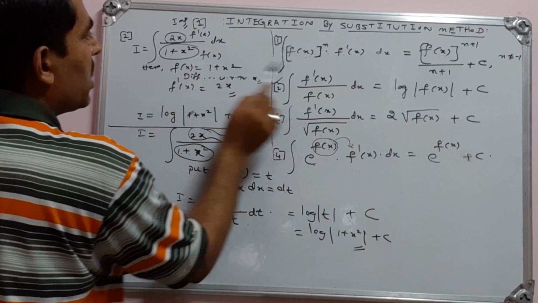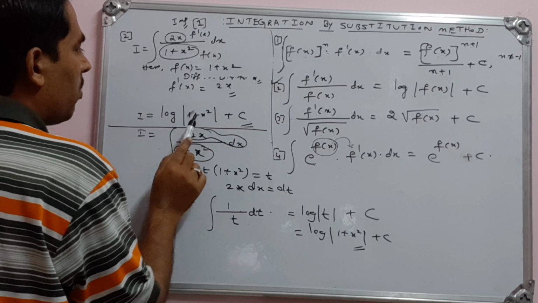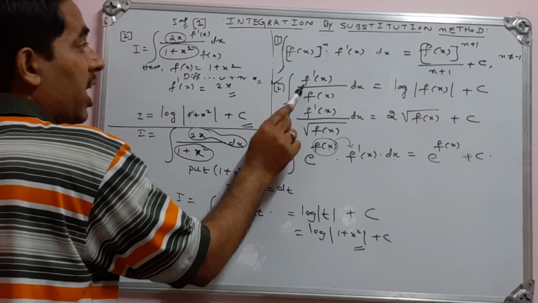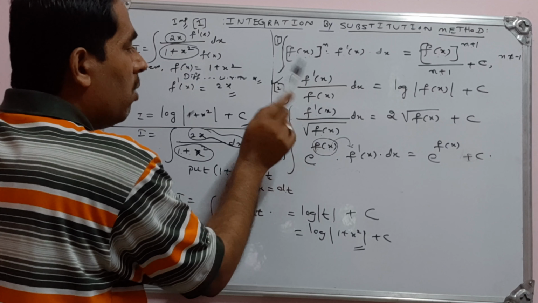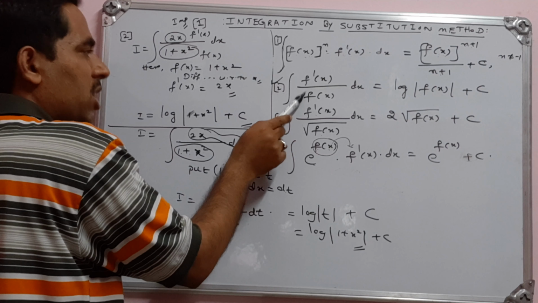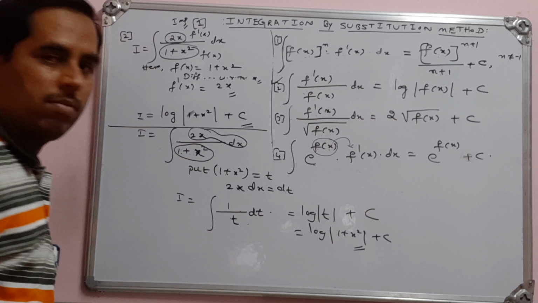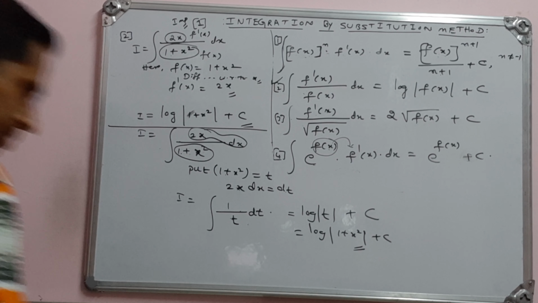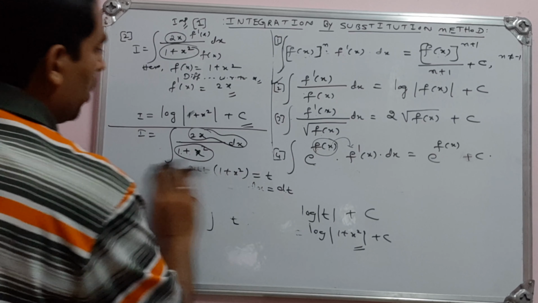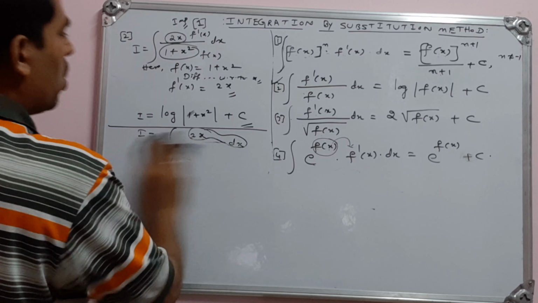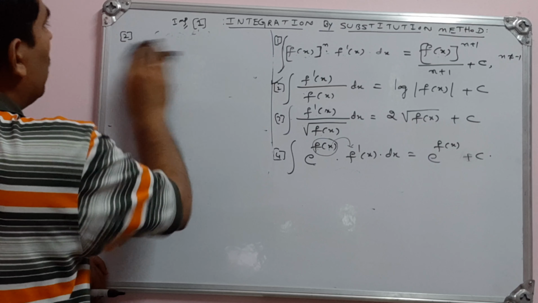Here it is exactly in the standard form, that's why I have written directly log of. If you do it by this method, you have to write the standard form in the bracket. We have reduced our given function to this form. Therefore, the integral is log of the denominator. This is the second example. For this also I have shown two methods, so you can follow your own method.